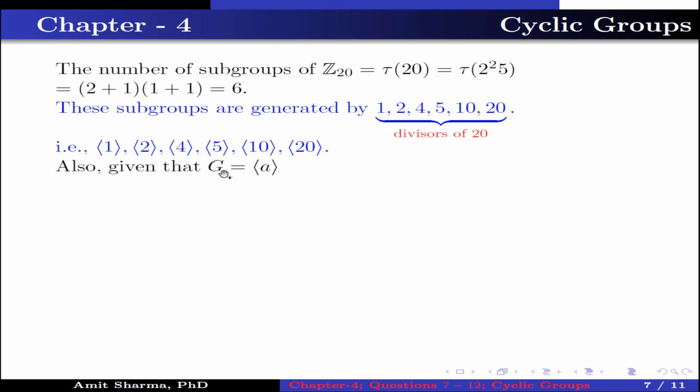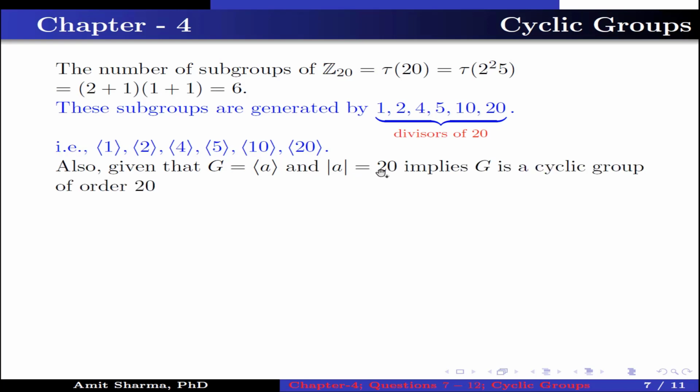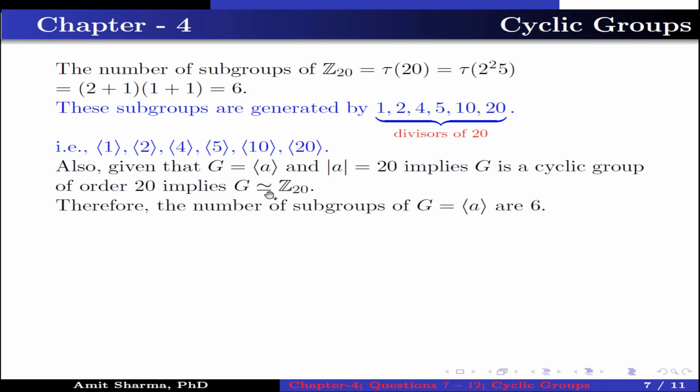Also given that G is equal to the group generated by A and the order of A is 20. This implies G is a cyclic group of order 20. This further implies G is isomorphic to Z20. Therefore, the number of subgroups of G generated by A is 6, and these subgroups are generated by